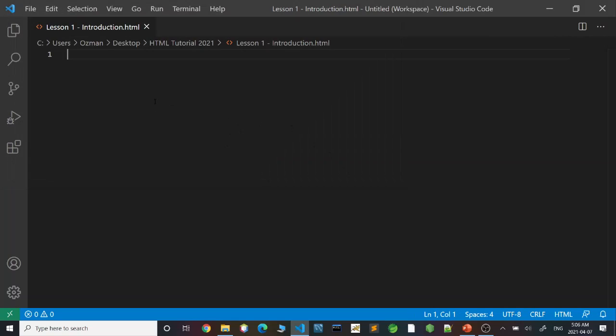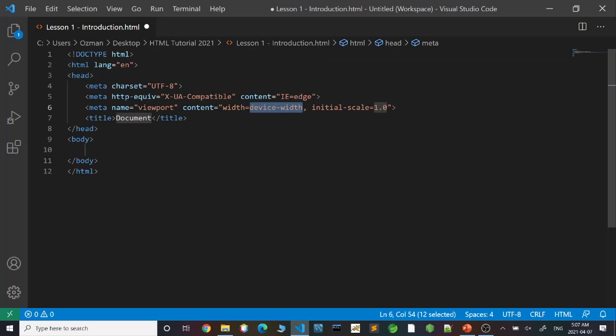All right, after you do that, you see the cursor right now is focused on the first line. So the next thing you need to do is type an exclamation mark. That's all you need to do. The exclamation mark is actually the number 1, but you have to press Shift in order to get the exclamation mark on your keyboard, and then hit Enter. Boom. What this gives you is a boilerplate HTML file, which contains the most important components